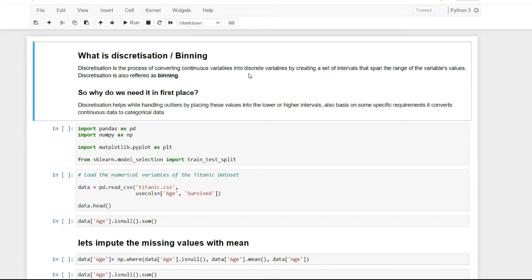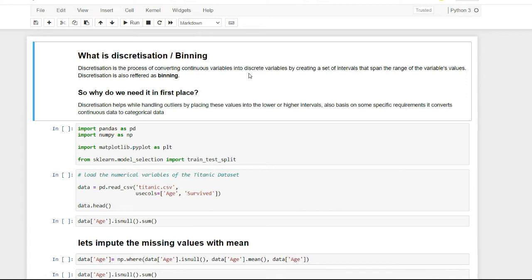Hi, today we will see what binning is and how we can achieve it in Python. Binning is a process of converting a continuous variable into discrete variables by creating bins of certain intervals. It is a data pre-processing step which helps us in smoothing the data and removing the outliers. That is the purpose of it, and I will show you as we proceed with this video.